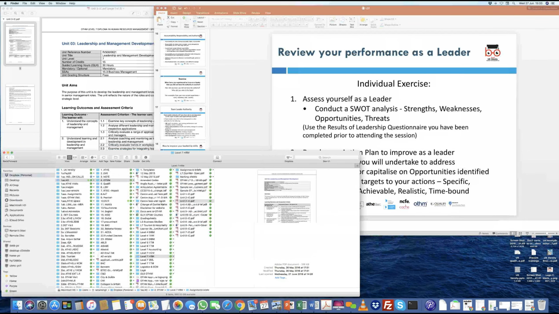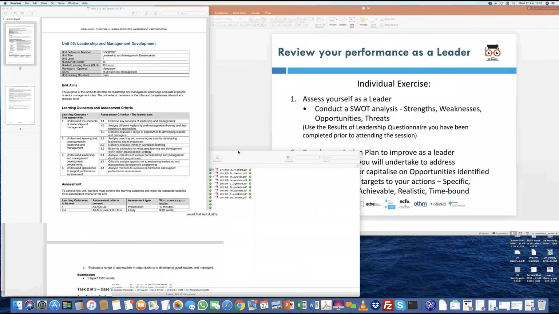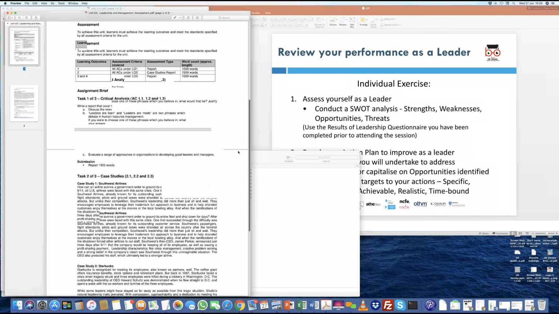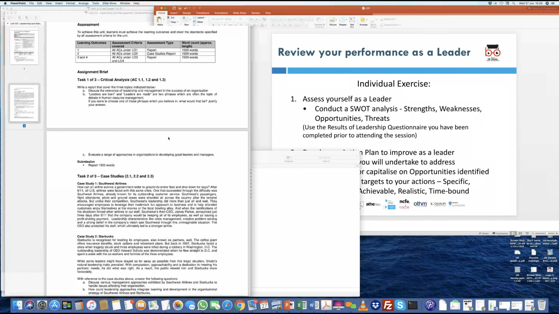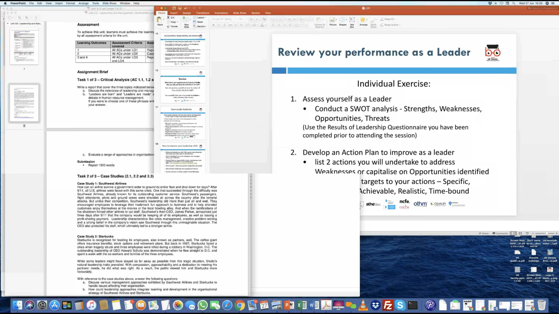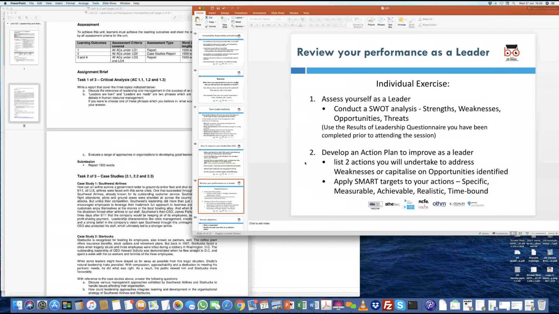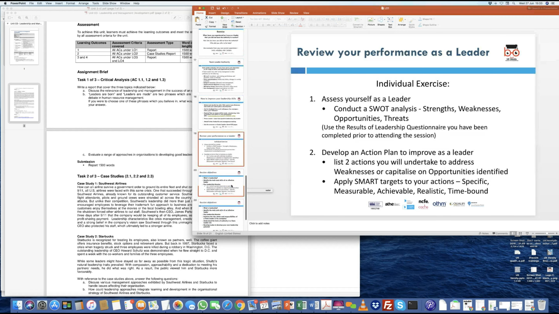But the idea is, because it's a very interesting topic and we all apply for jobs and have careers, sometimes you'll have to look at applying some of these things to your own leadership or your own personality. It will be a good start to look at something like this as an exercise, so that when you are HR and have that responsibility, you know exactly how a SWOT analysis on leadership can be done. You can put together an action plan to say, okay, you show these skills and these traits, but you need to move from A to B, and this is where the plan of development is. Is that okay?